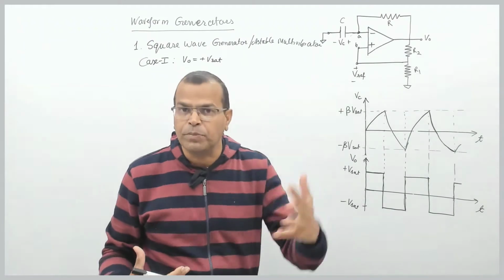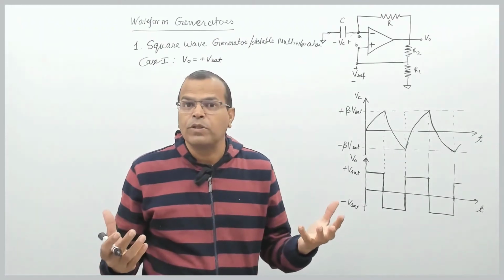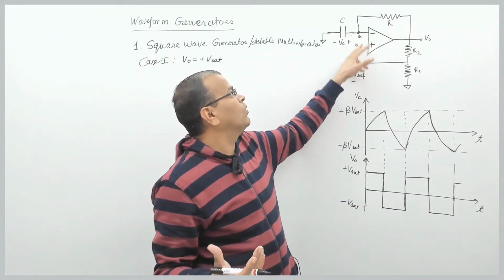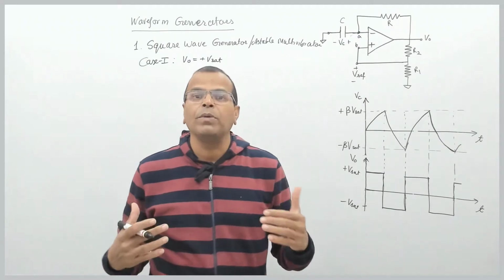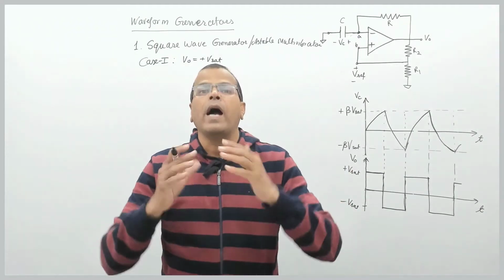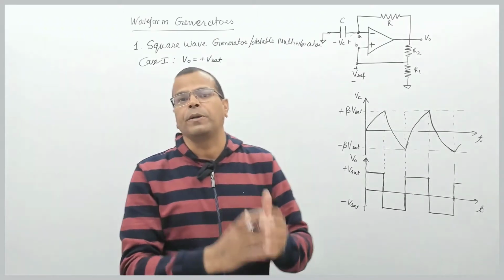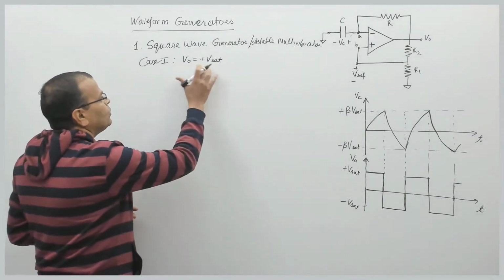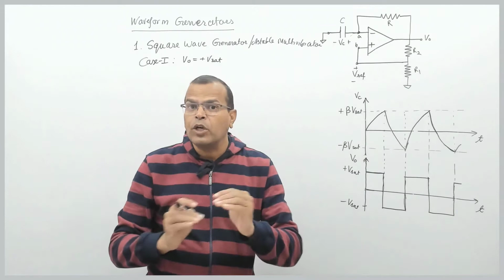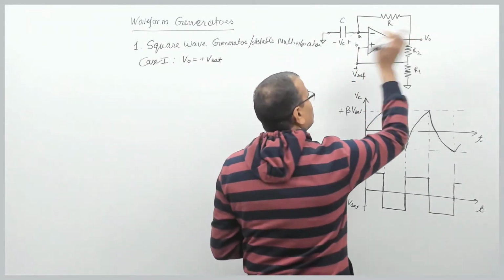That is my assumption. It can be minus Vsat as well, because we don't know whether input offset voltage is positive or negative, depending upon whether voltage of this terminal is more or this terminal is more. So output can be either plus Vsat or minus Vsat initially, but here I am assuming the output voltage of the circuit is plus Vsat initially. Let us see the sequence of events that will happen. The moment output voltage becomes plus Vsat,